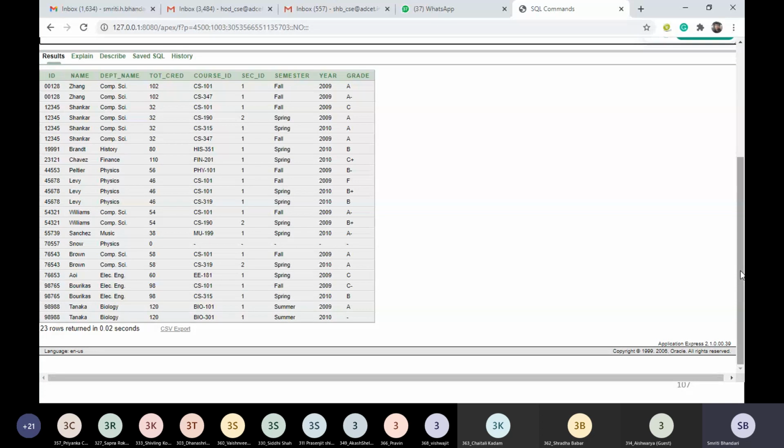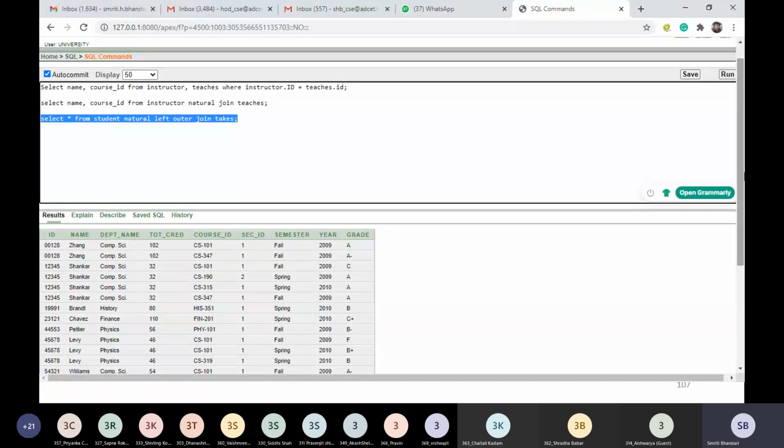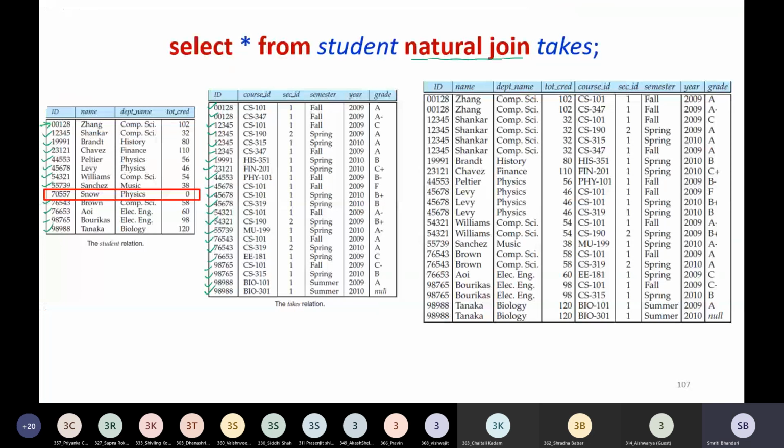Right? Have you understood the result of this natural left outer join?